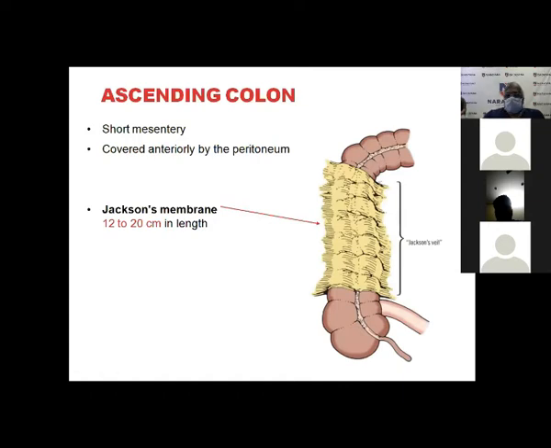In the ascending colon, there is no mesentery at all. Usually the vessels come here and get the blood supply from the superior mesenteric artery in the form of the ileocolic, right colic, and middle colic. The right colic may have an ascending and descending branch. The ileocolic supplies most of the ileum and a little bit of the colon. And here it comes up to the middle colic, which is the superior mesenteric watershed.